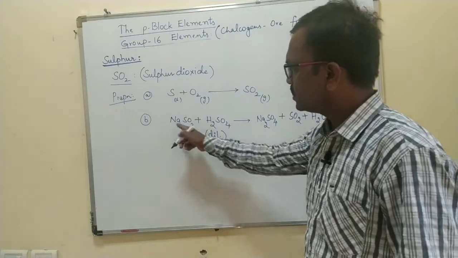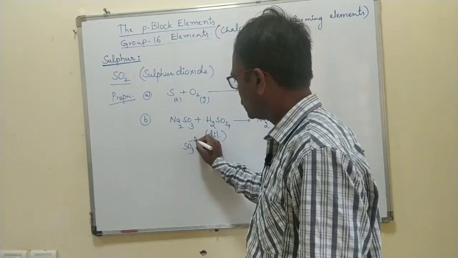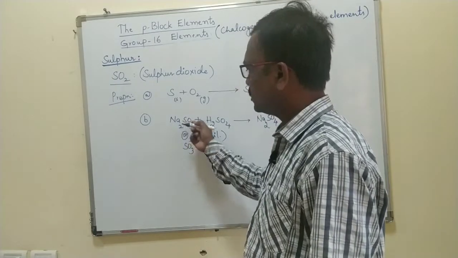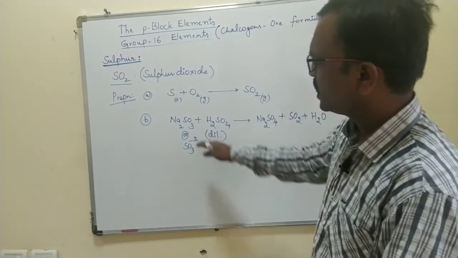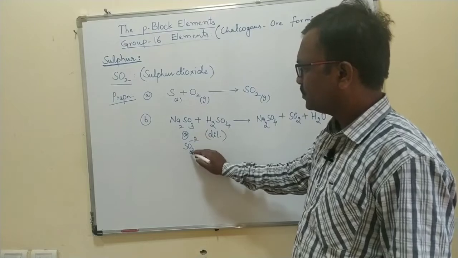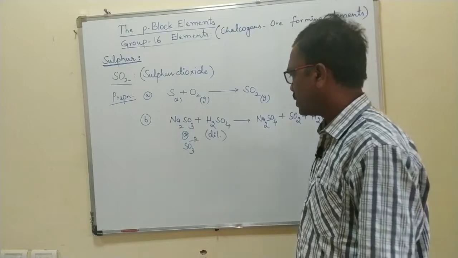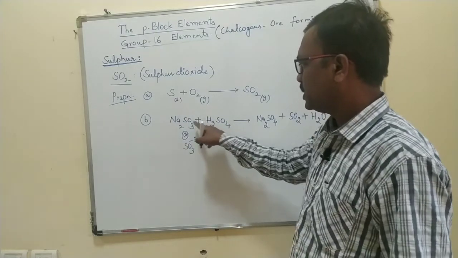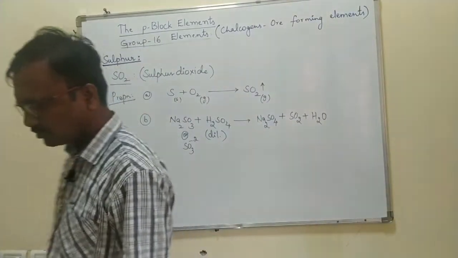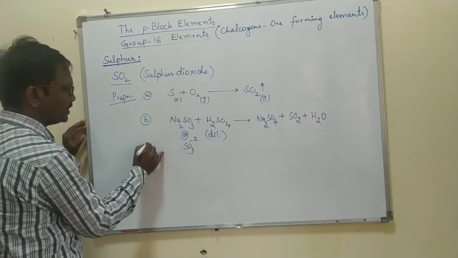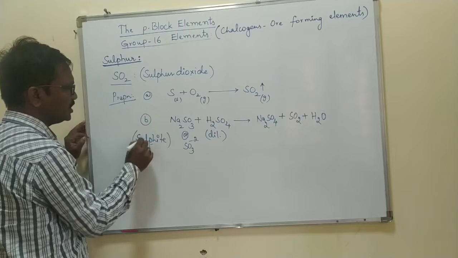They have given SO3 2-, which is nothing but sodium sulfite or potassium sulfite or calcium sulfite, just like that, right? So by avoiding this confusion, I am writing one compound: sodium sulfite plus sulfuric acid gives Na2SO4, H2O and sulfur dioxide. Sulfur dioxide is a gas, right? This one is the sulfite. You should not confuse sulfite with sulfide.